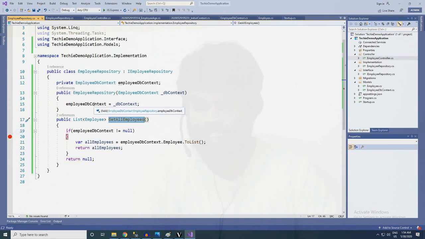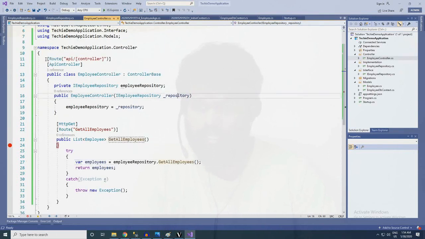Since we already added employee context DB, all our data will be handled over here, converted to a list, and returned as all employees. At this stage we'll have everything in this response, and the data will be transferred to employees. So let me check it. Click on IIS Express.